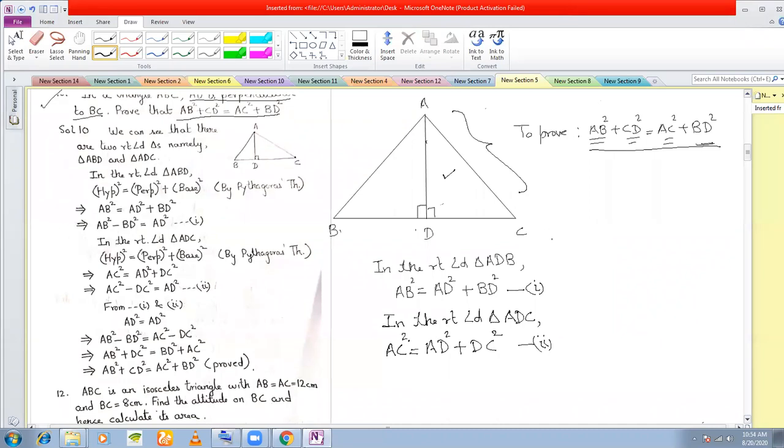Now what you see in these two is, I told you that AD is something that relates both these two triangles, this triangle and this triangle. So we have AD here and we have AD here. This AD links both the two triangles, and what do I mean by that? It links all these sides. It links these two sides of this triangle, and it links these two sides of this triangle. So therefore we are going to use AD here.